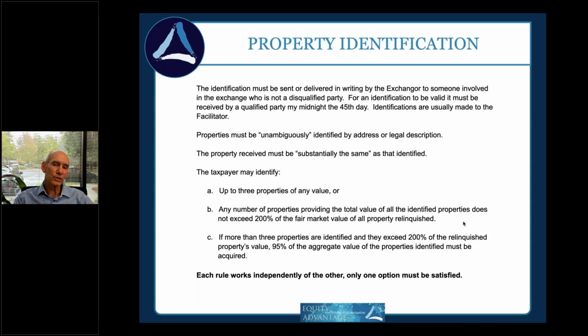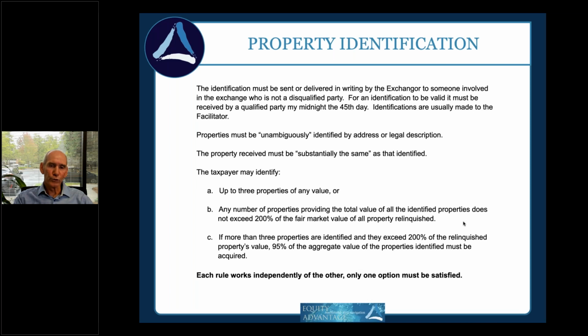If you're going to buy a piece of something, you need to identify the portion you're going to acquire. Maybe not if you're getting a majority of the asset, but if you're getting a minority interest, you need to receive substantially the same thing as what you ID'd. So you want to put a number on those things or a percentage on it.